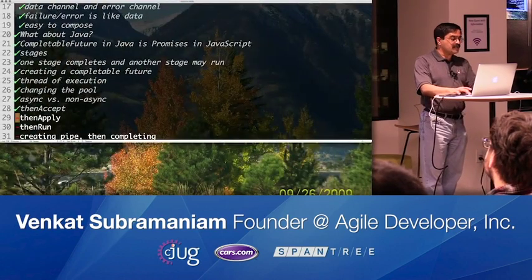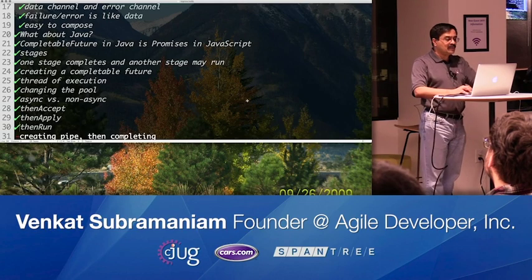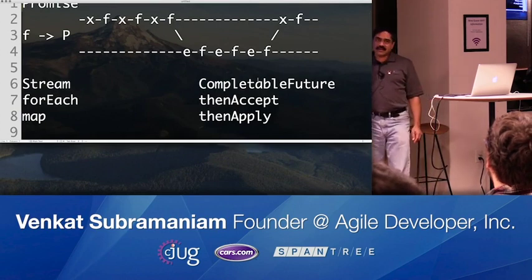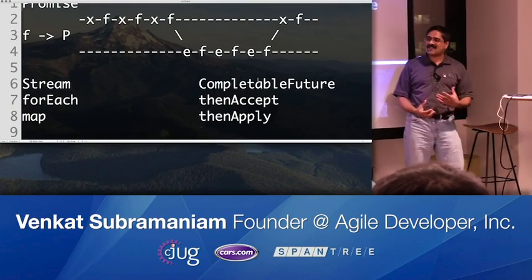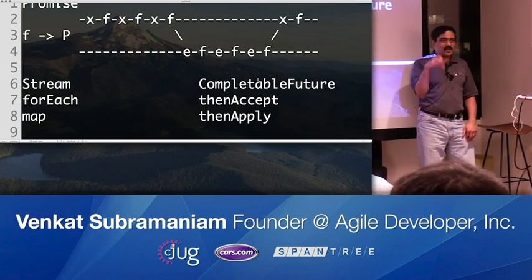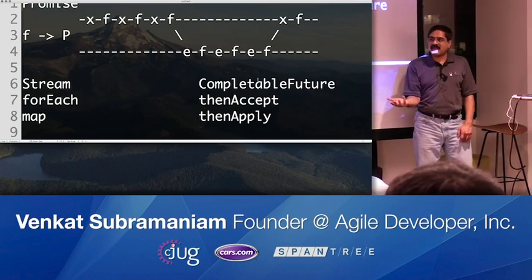Well, it turns out there is also one more thing you have here, which is a then run function. Well, what does the then run function do? Well, the then run function, there's no quite equivalent of that in a stream, isn't it? Because a stream is going to give you a data. You don't do anything in the stream without a piece of data.